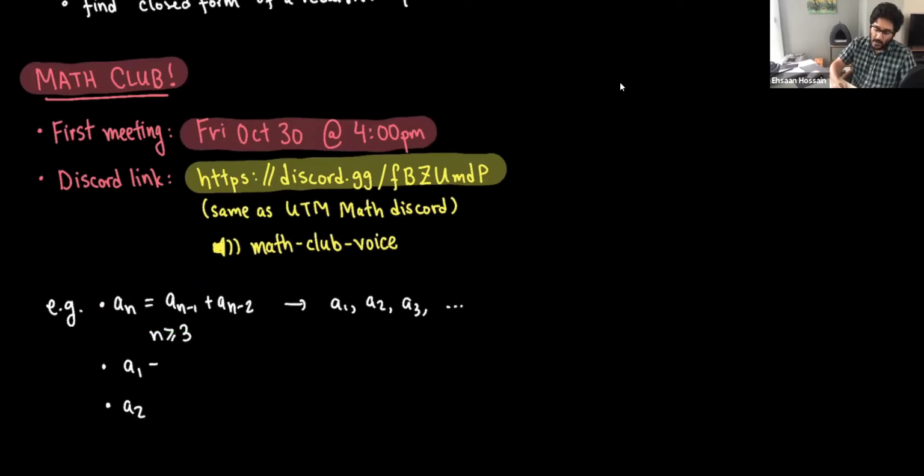So for example, I could have told you A1 was 1 and A2 was also 1, just whatever. Then the first two terms are 1, 1. The next term is obtained by adding the previous two terms, so 1 plus 1 is 2. The next term is 1 plus 2, which is 3. The next term after that is 2 plus 3, which is 5. And you would keep doing this by adding the previous two terms. This is a very famous sequence called the Fibonacci sequence